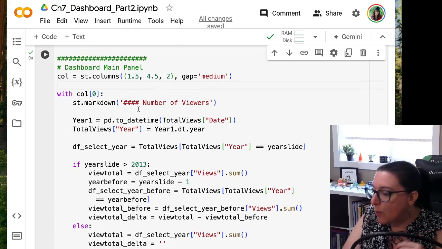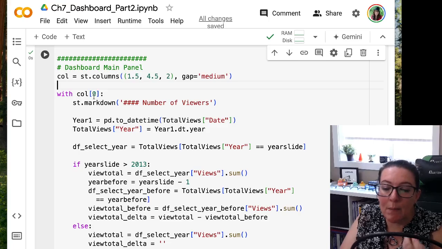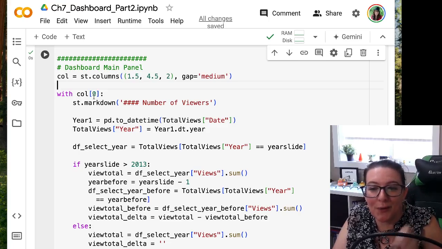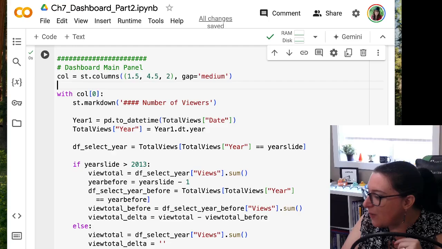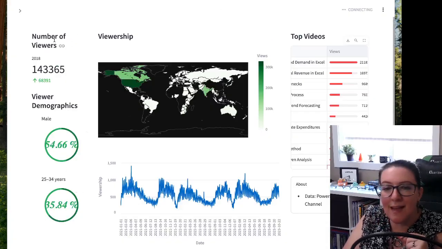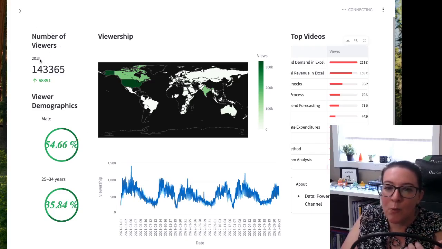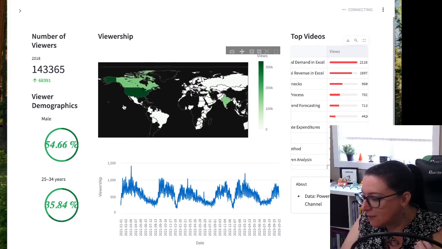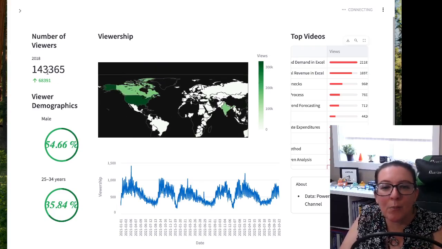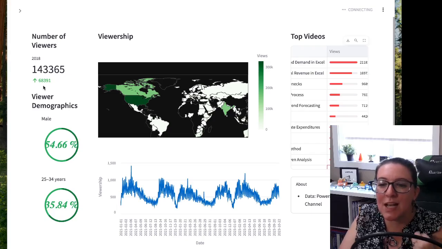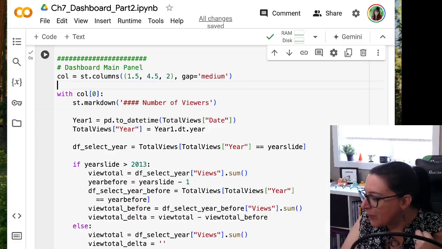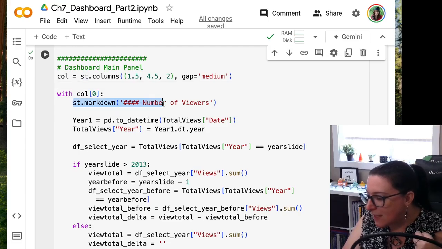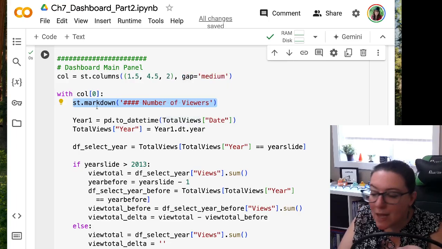Okay, so then we start with column 0. Remember in Python, we start our numbering system with 0. And so what we're doing in this first set of code here is we are going to populate this left column. We want a title that says number of viewers. Then we want it to have the year that we select from our slider. Then we want to pull the number of views, and we want it to look at how much has increased from the previous year. So when we look at the code, this st.markdown is going to be the title, and